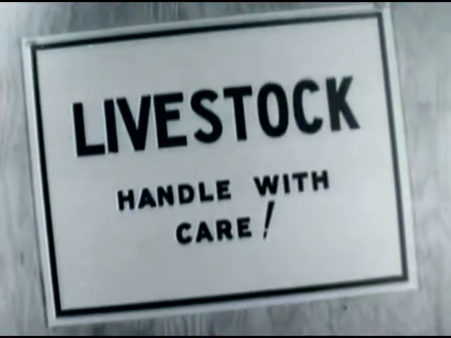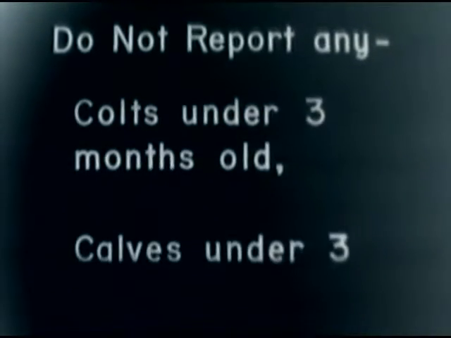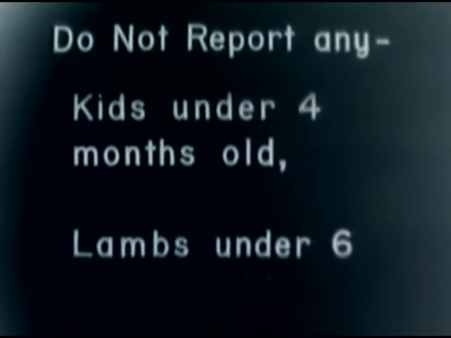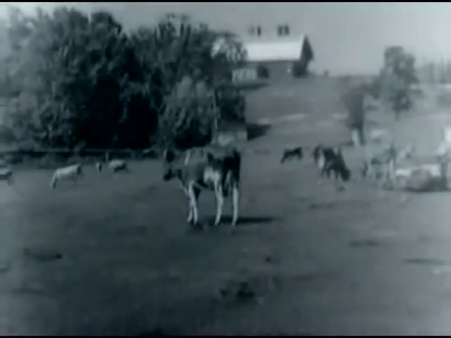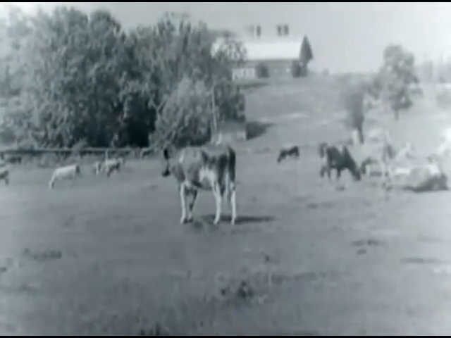Livestock, handle with care. In listing the livestock on the farm or ranch, you must watch carefully the age limits given. Note particularly the lower age limit for each kind of livestock. But why, you ask, leave out the baby animals? Every schedule is to be filled out as of April 1st, even though you don't visit a farm until several days later. So let's visit a couple of farms on the 1st of April, just to see why the different animals must have reached a certain age before they are included in the inventory.